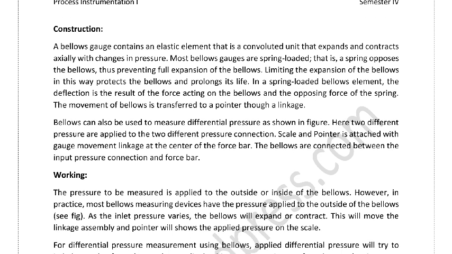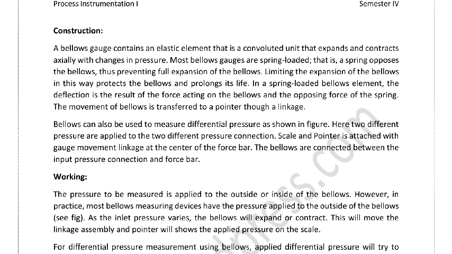The bellows gauge contains an elastic element that is convoluted, and the unit expands and contracts with changes in pressure. Most bellows gauges are spring loaded. The spring opposes the bellows, thus preventing the full expansion of the bellows. The limiting of expansion may protect the bellows